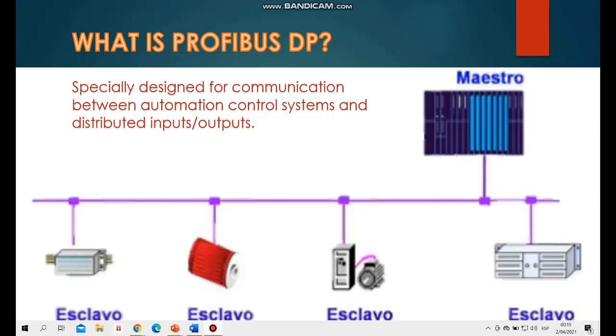Hi teacher, my name is Castellanos, and I will explain about Profibus DP/PA, especially designed for the communication between automation control systems and distributed inputs/outputs. Profibus DP technology describes a solution that is typically composed of the DP protocol, RS485 transmission medium or fiber optics, mainly used in applications and equipment with an emphasis on manufacturing